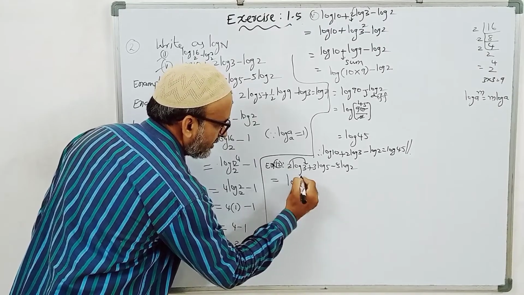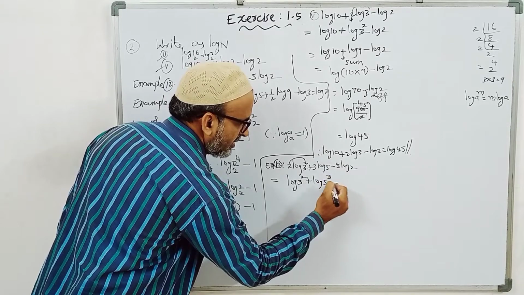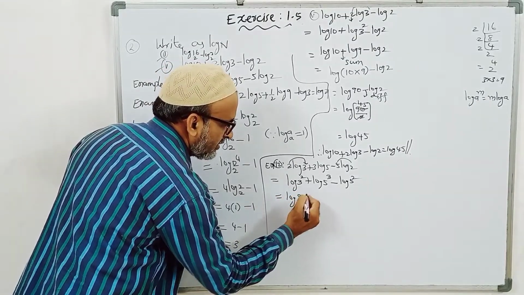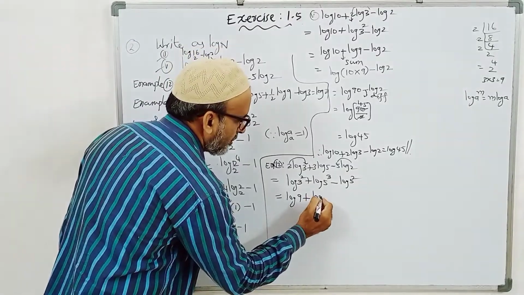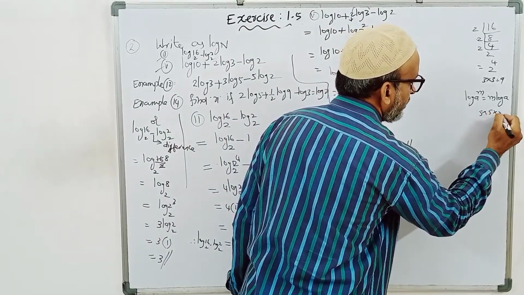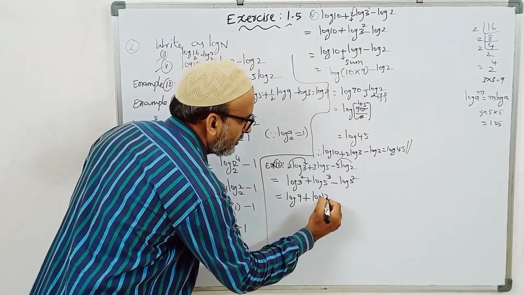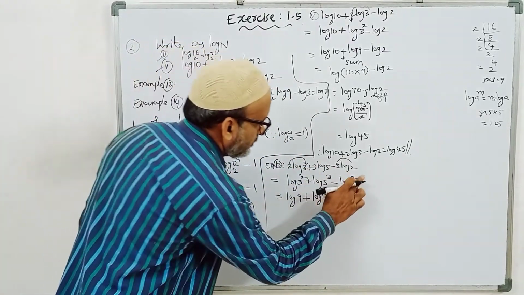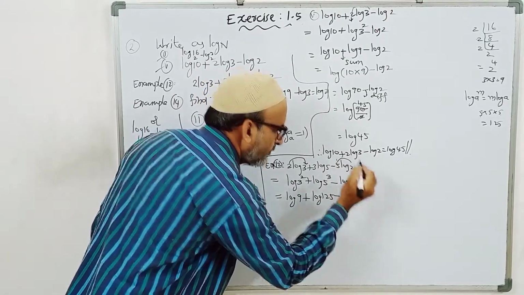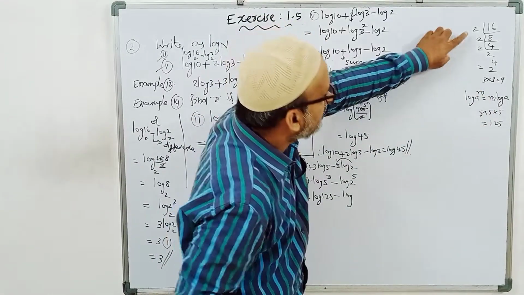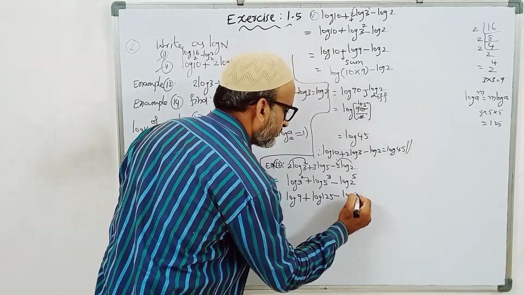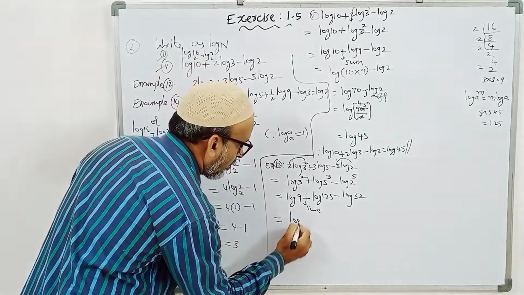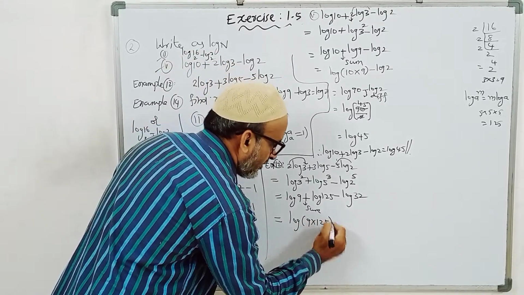Logarithm of 3 to the degree 2 plus logarithm of 5 to the degree 3 minus logarithm of 2 to the degree 5 is equal to logarithm of 3 square, 3 3s are 9 (don't make the mistake of saying 6), plus logarithm of 5 cube, 5 into 5 into 5: 5 5s are 25, 25 into 5 is 125, minus logarithm of 2 to the power of 5. Sorry, I wrote a mistake here; it is 2 to the power of 5, 2, 4, 8, 16, 32. Sum converts into product: logarithm of 9 into 125 minus logarithm of 32.